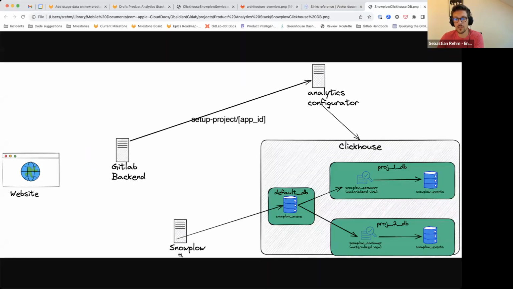Yeah. So currently it works in a way that we always put everything into one queue, and then there are these materialized views which put it into the specific project databases. And that's actually something I'm more worried about becoming a bottleneck, if we have loads of views consuming from the same database. And with Vector, we have another opportunity to, instead of doing this kind of shenanigans, just directly put things into the right database. So it directly gets pushed inside of an app ID specific database,